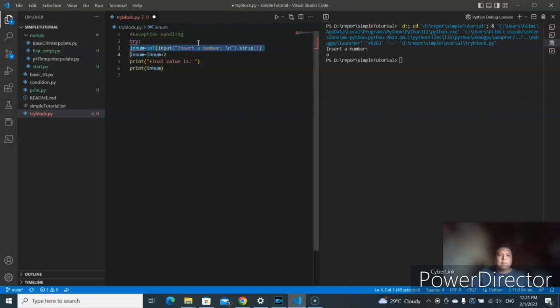Try. Try means try to take input and try to add 2 to the input, and then print the final value, the result. So this is try, and just select and press on the tab button. Let's set a section as a